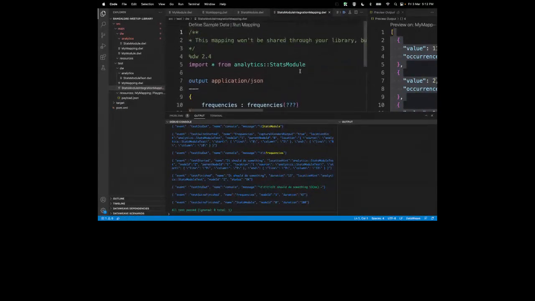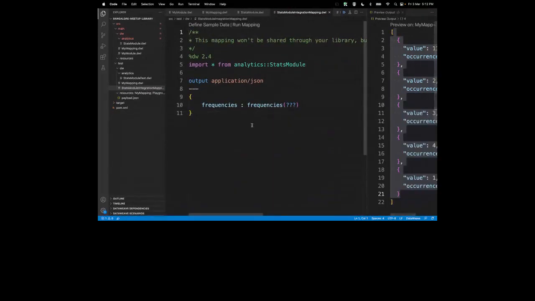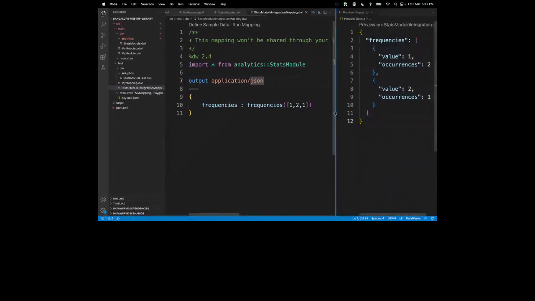So here you can see this one is created. Frequencies, and here you can pass some value, and you can define sample data also. And let's run it. So here we can see 1 is coming twice, 2 is coming 1. In this way, we are getting the expected result. And here also you can see